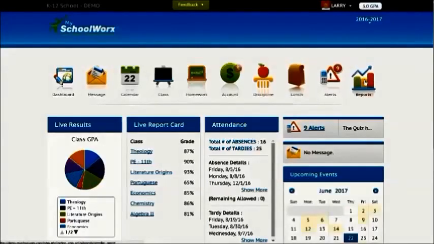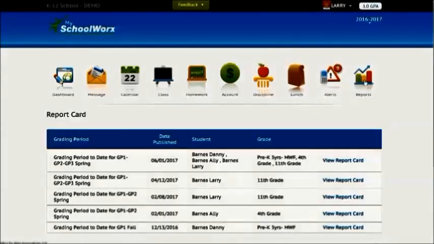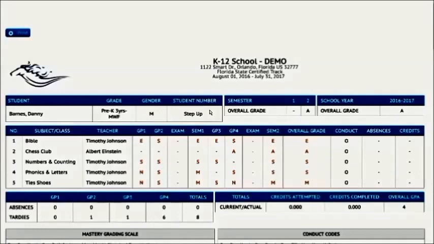And the last section is the reports section. If you click here, you're going to see any reports that are associated with any of your children. For example, here's a report card. If I click here, it's actually going to generate the